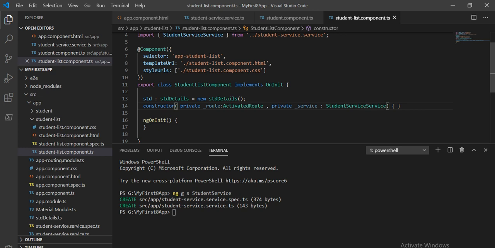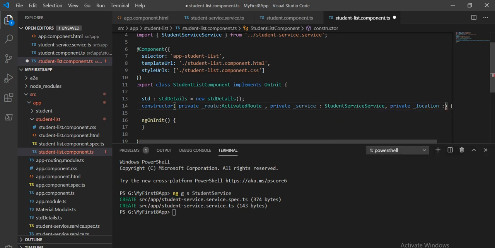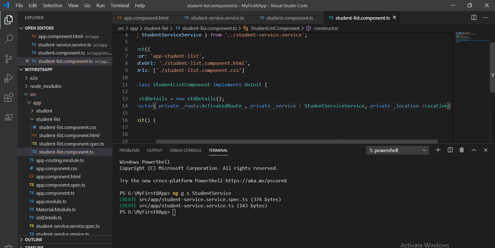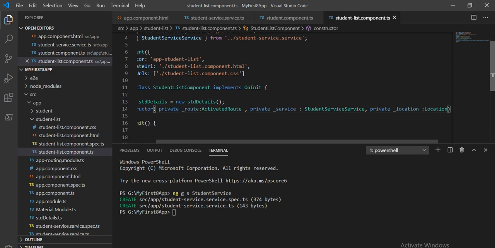And I will take one more variable for the location. When we click on the back button, it will go back to the student page.